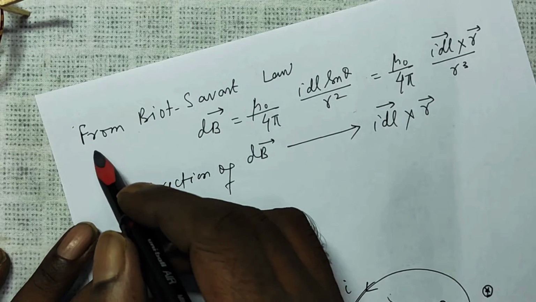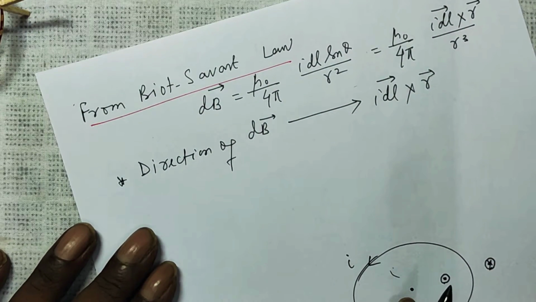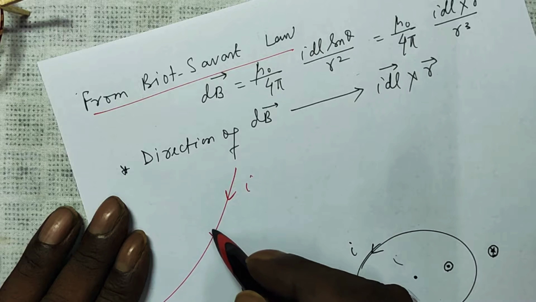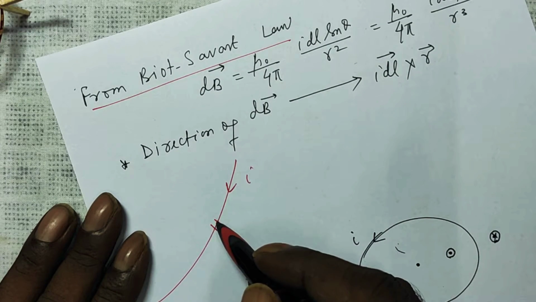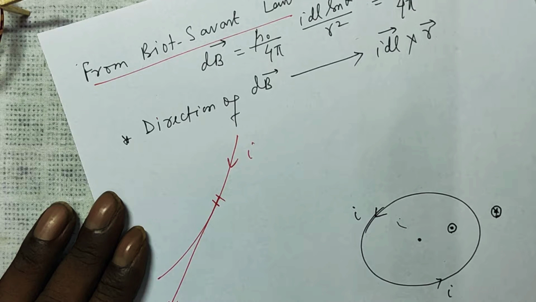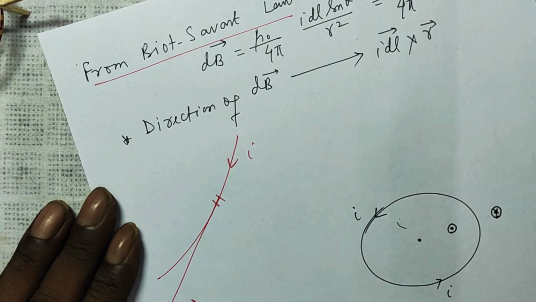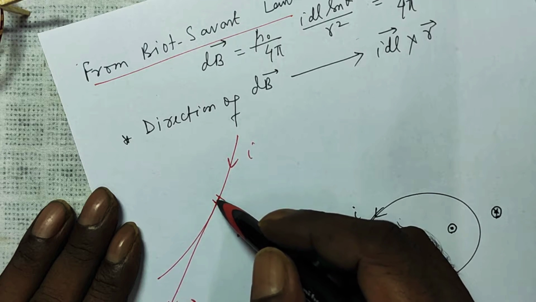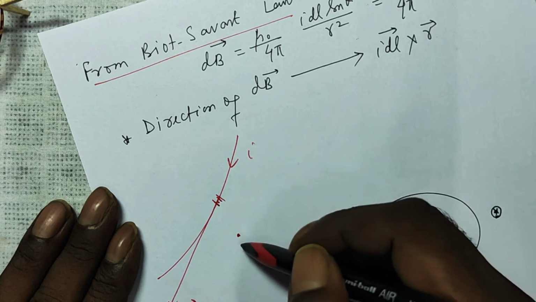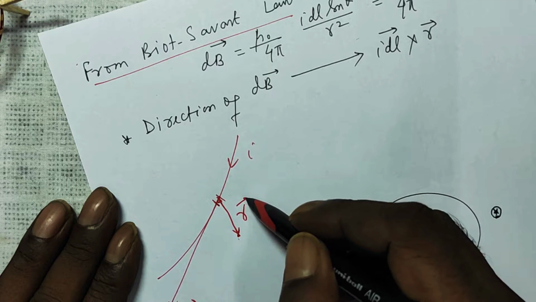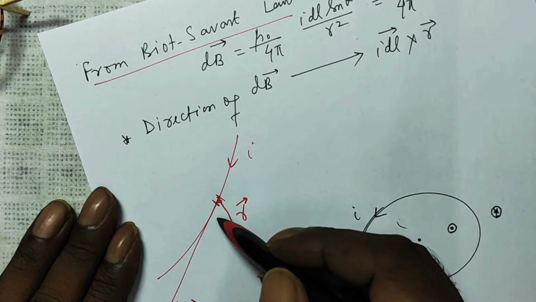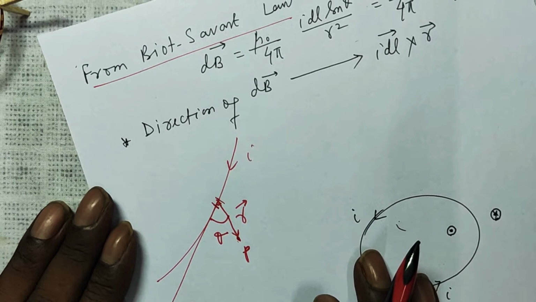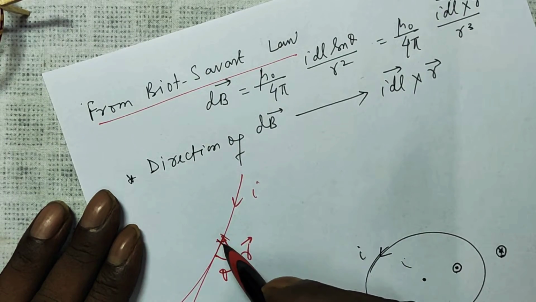In magnetic effects of current, from Biot-Savart law, what we had studied for a wire carrying current I, if you are considering a small element here, a tangent here was your I dl direction, and this wire carrying current was behaving as a magnet. Suppose you are interested to find the magnetic field here due to this small element only. Then from the center of the element to this point was your radius vector r. And if this angle was theta, at this point, let it be P, the small magnetic field dB due to this small element